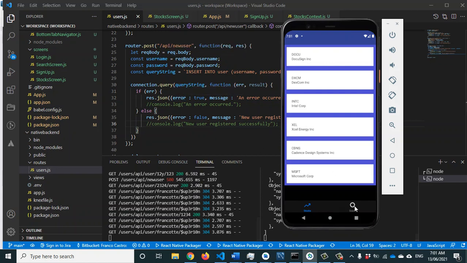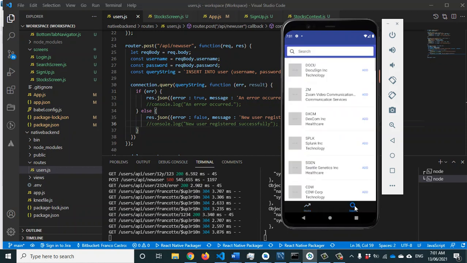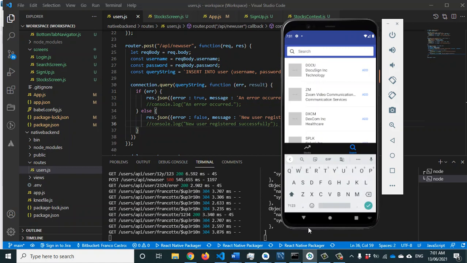And then we have on the application the search main screen, where I'm requesting data for all the companies, reusing the APIs from my previous project. The search bar is working normally,